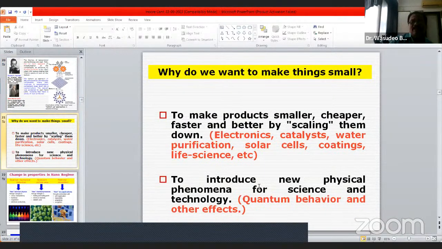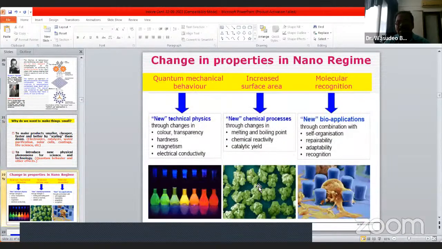Now another question anyone can ask is, why do we want to make these things small? As we all know, we make things small because they should be cheaper, smaller, faster, better, easy to handle, and easy to carry from one place to another for different purposes. That is why things are going smaller and smaller as we use this type of nanomaterial. This slide shows how the material shows changes in its properties